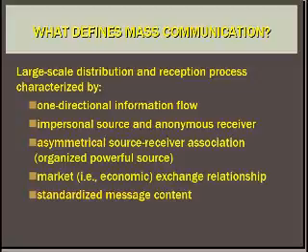So, large-scale distribution and reception process, it's one-directional. It features an impersonal source and anonymous receivers. What that means is that the source is somebody that you're not actually familiar with, or you might be familiar with them, but you don't have a relationship with them. If you're watching a news anchor delivering the news to you, it's not like you actually know this person. It's not like you actually have formed a relationship with them. You have a kind of relationship with them, but it's not a personal one. And you're anonymous. The anchor might be looking at you in the sense that he's looking into the camera, but he can't see you. And so he has no idea the actual people that he's talking to.